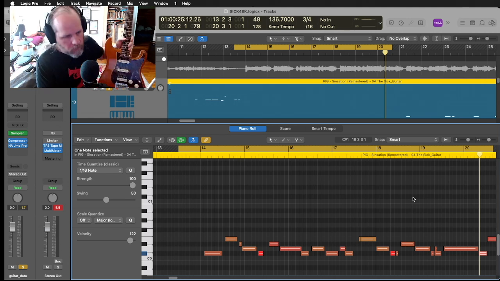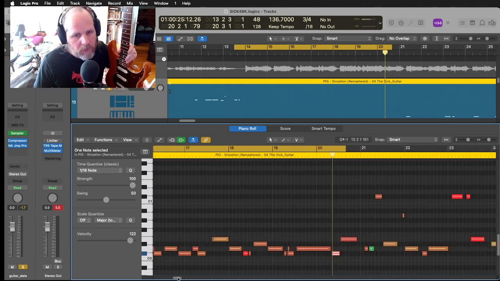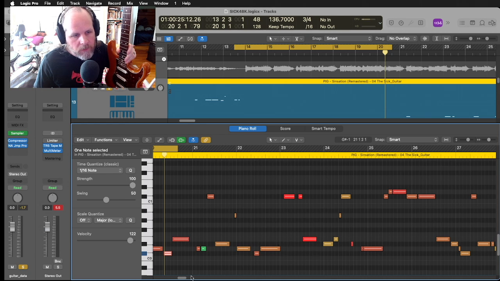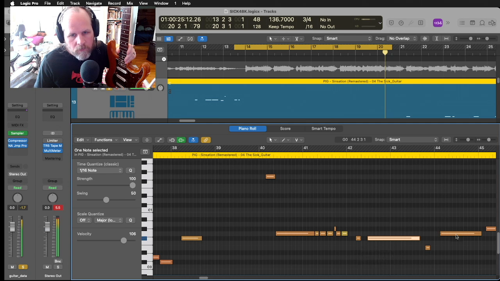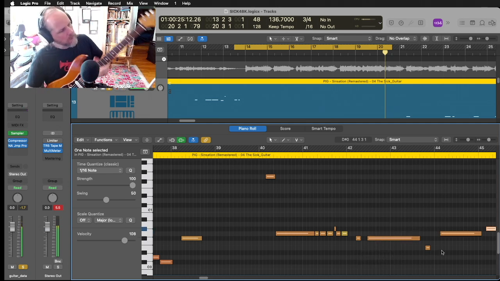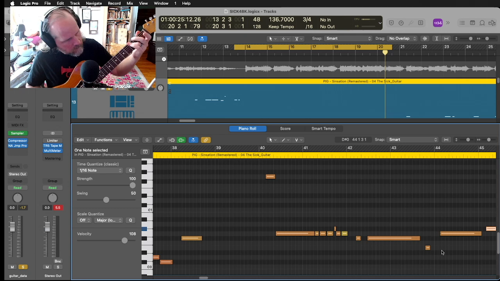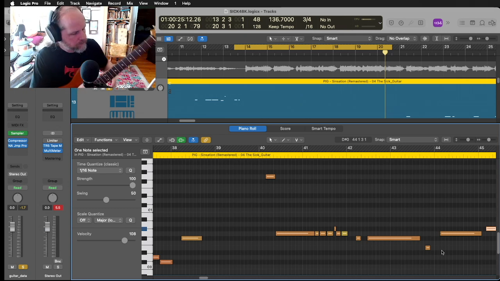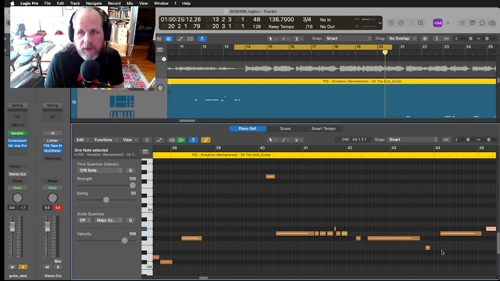There are other parts of the song where there are sustained chords, and again, this flex pitch data track gives us a lot of hints as to where we're kind of going. Let's get to the... That's a part that's kind of going. So that's how I kind of approached